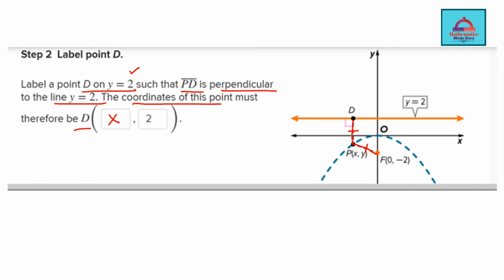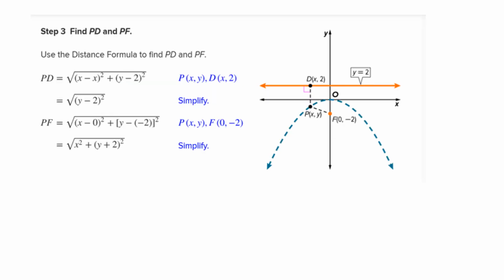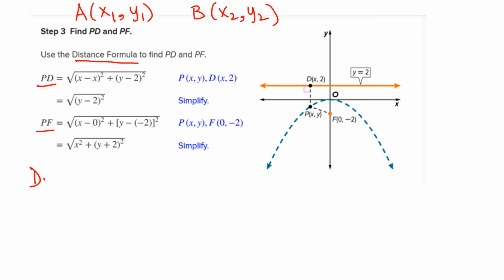Let's use that now for step 3. Now in step 3, we are using the fact that PF and PD both are equal, and to find this distance we are going to be using the distance formula. In case you have forgotten, if you have 2 points A (x1, y1) and B (x2, y2) whose coordinates you know, then the distance formula